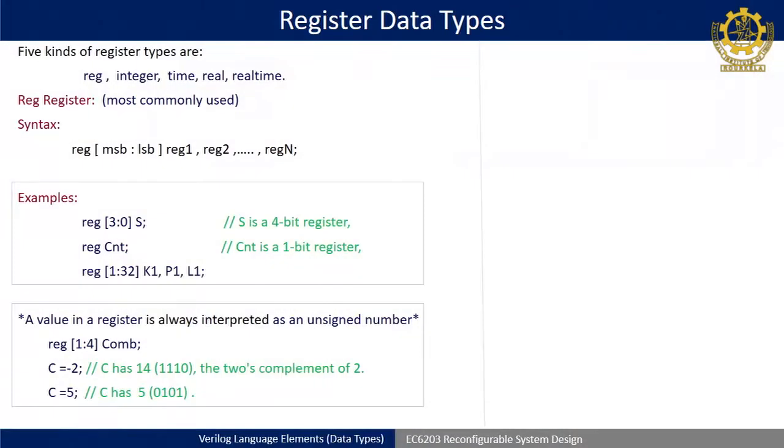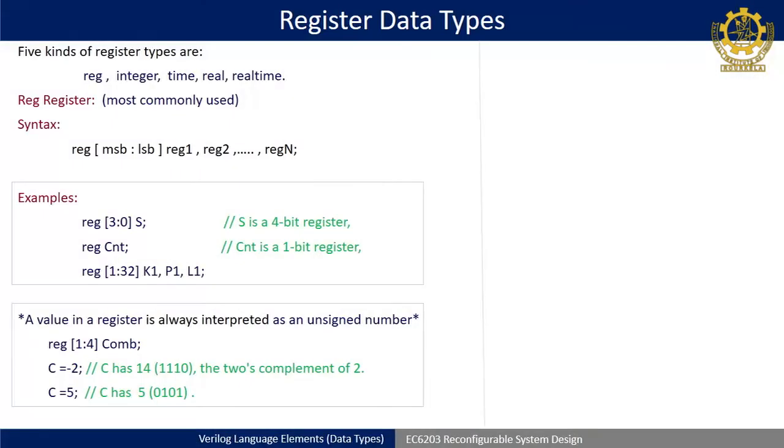Now, coming to register type data type. So, there are mostly two data types, one is net type, another is called register data type. Again, register data type is also commonly used, but apart from register you may find integer, time, real and real time. As the name indicates, time, real and real time are sometimes used for time related data assignments, and integer is used for 32-bit data directly, and register is a data type which is also used to store data.